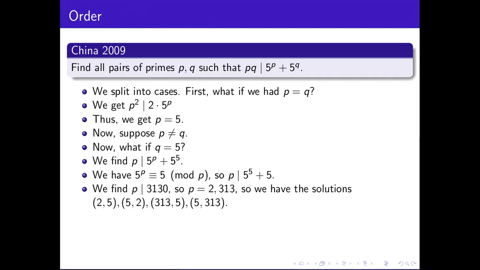Because we could have either let Q equal 5, or we also could have let P equal 5, which is where we get our other 2 solutions from, right? So now we consider what if neither of them are 5,